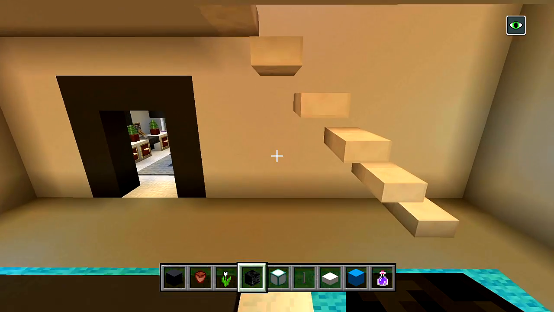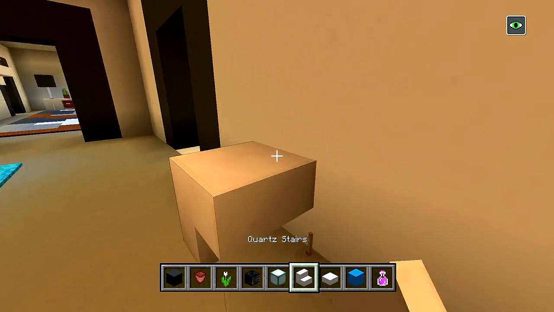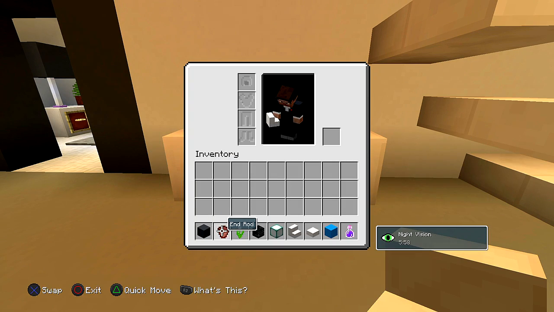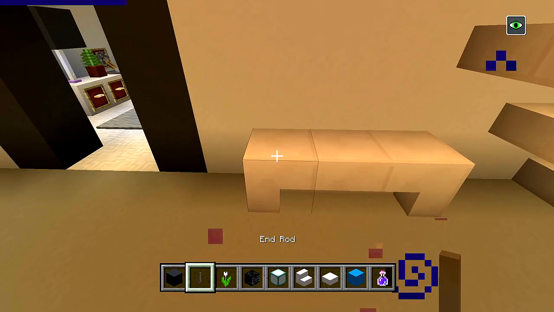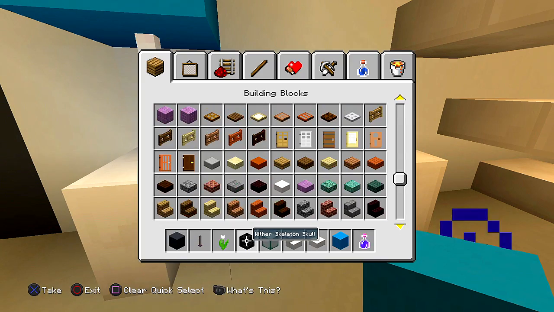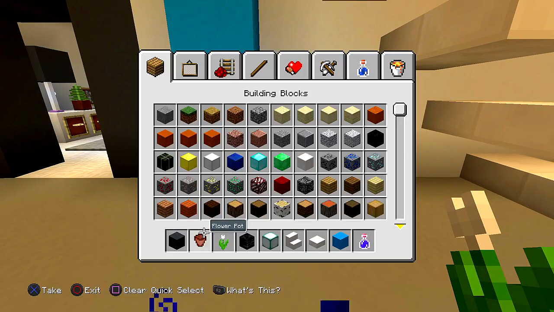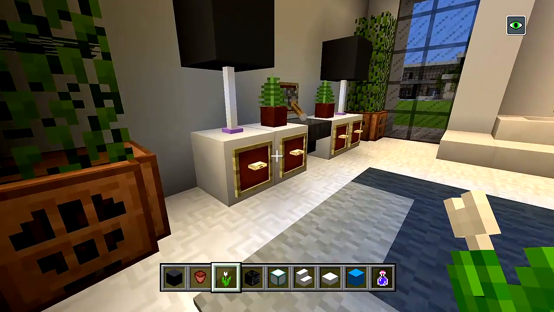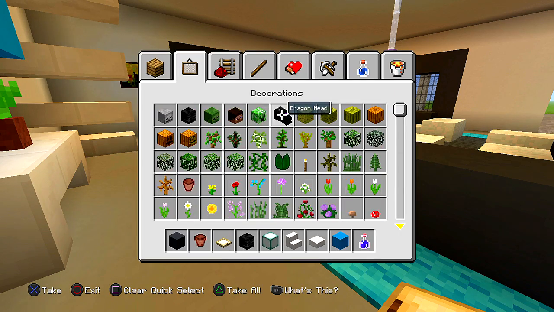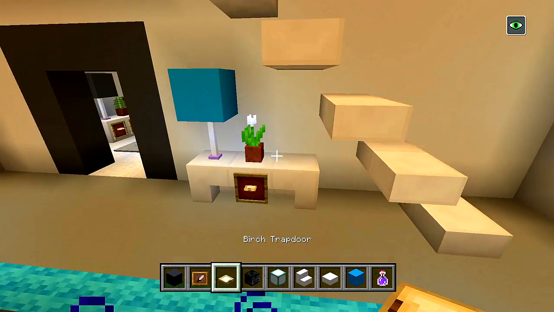Okay. Then on this side, underneath the staircase, it was a little dark. So you could just put some quartz stairs and bring them all in like that. Then you could get your end rod and we'll put it right here. An end rod on the left and a light blue concrete block. And then here on the right of that, we'll put a flower pot and I'll just put another white tulip. Then you could also get an item frame. And then we also need our birch trap door, which I already got. I just got to get the item frame. Okay, and we're going to put one here and then a birch trap door like that